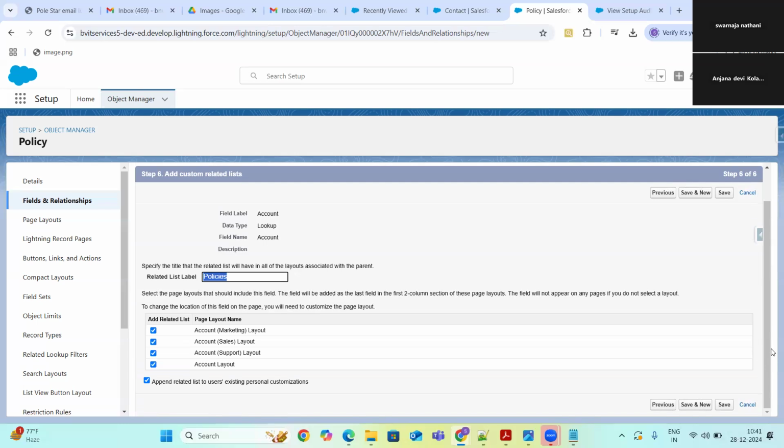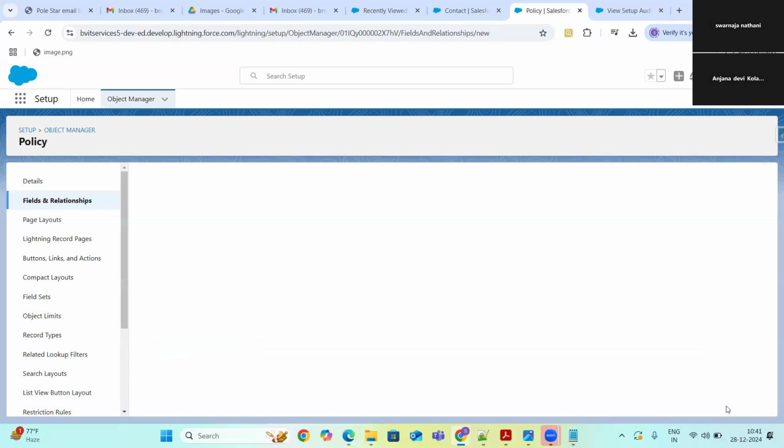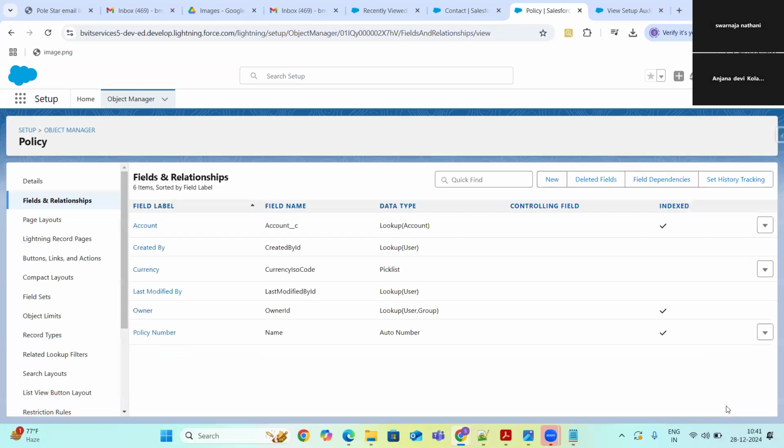Now we have the relationship between policy and account. Would you like to see this policies information from your account record? If you don't want to see the information, then you can simply uncheck the checkboxes. But if you want to see the policies information, just check the checkbox and click on save.